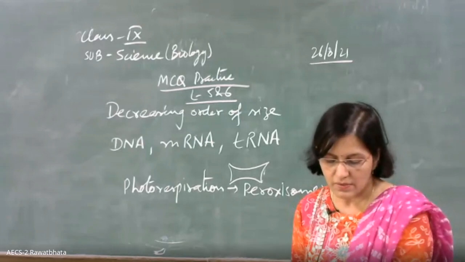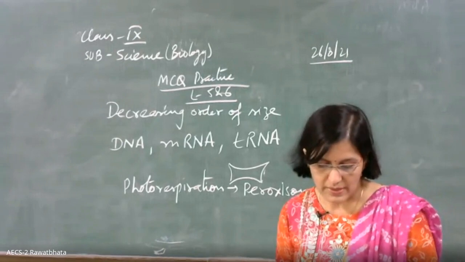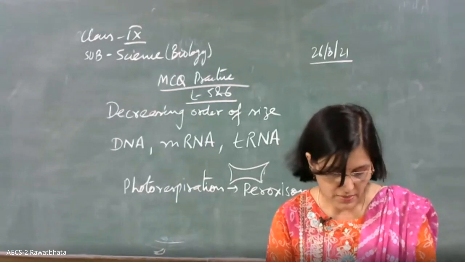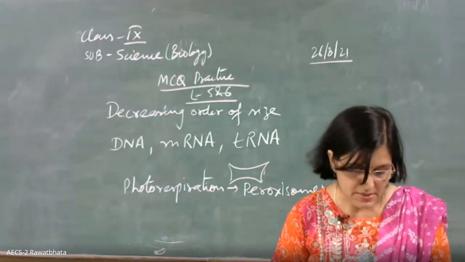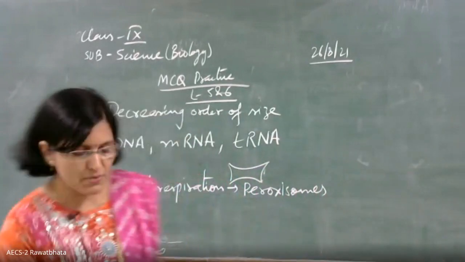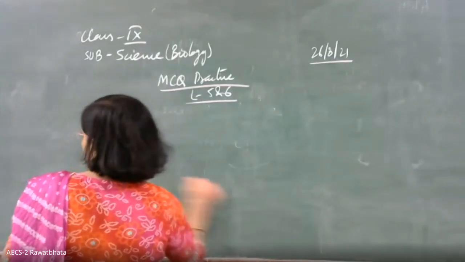Again, the same question: who discovered cell? We know very well the answer is Robert Hooke, in 1665. And of course the nucleus was discovered by Robert Brown. Tissue chapter, lesson number 6. A group of cells having common origin and performing common function. Ma'am, can I tell? Tissue. It's a tissue.